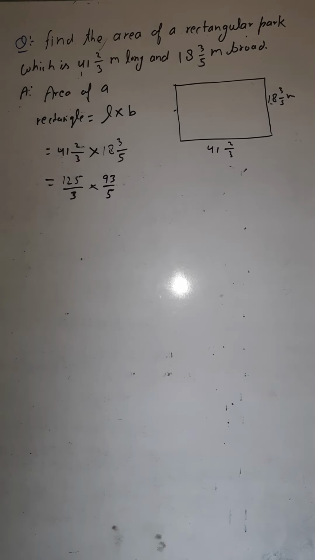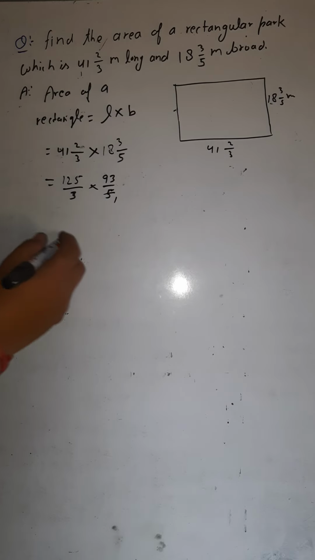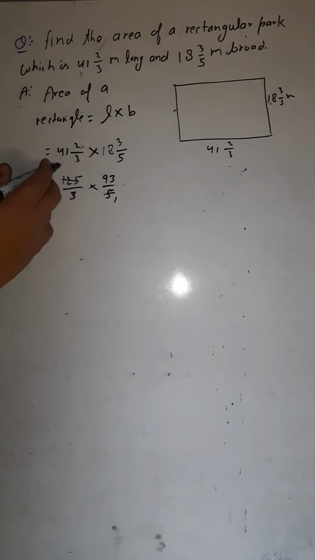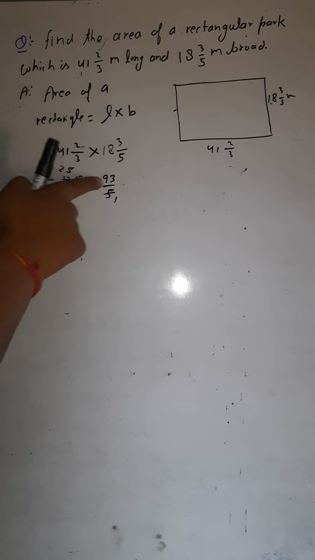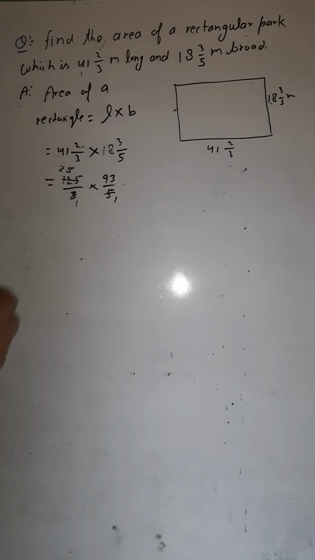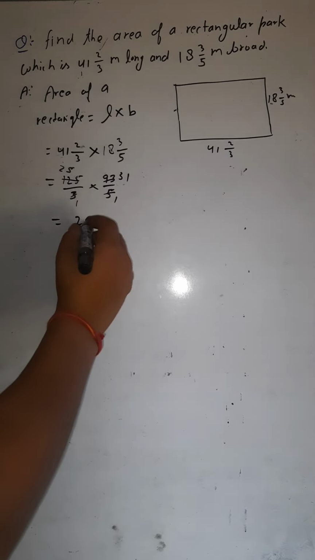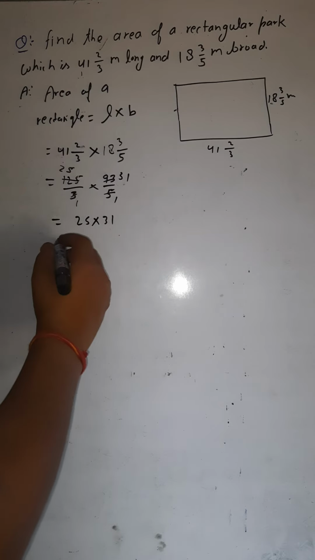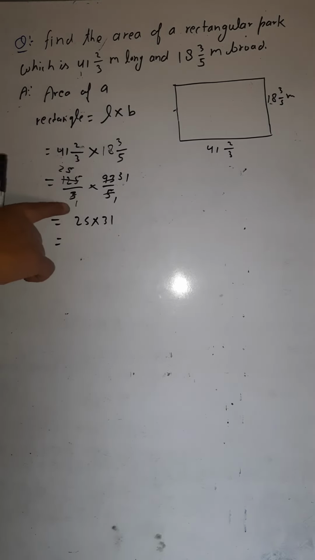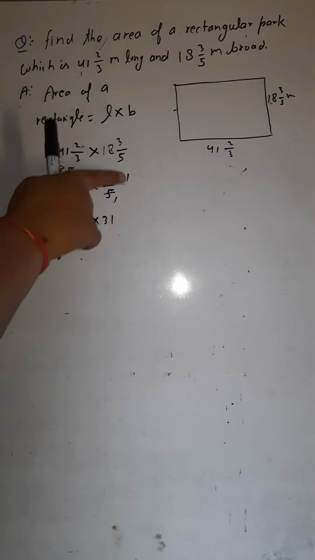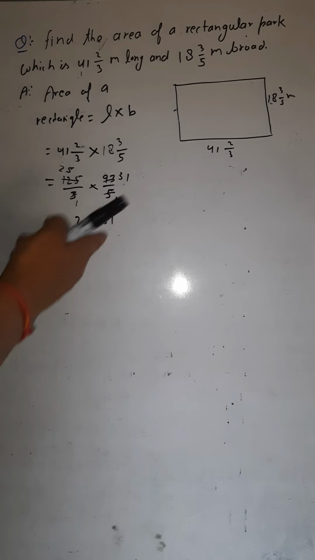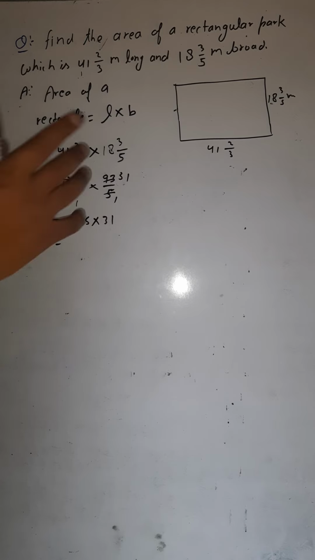You can cut also if you want. This 5 can cut this also. 5 ones are 5 and you can cut this also by 5. 5 twos are 10. 5 fives are 25. 25 times. This 3 can cut this. 3 ones are 3 and here you can cut, 3 threes are 9. 3 ones are 3. So answer would be 25 multiply 31. Downside 1 into 1, you can leave it. Upside 25 into 31. Downside 1 into 1, so 1 into 1 you can leave. So only 25 into 31 would be left here.